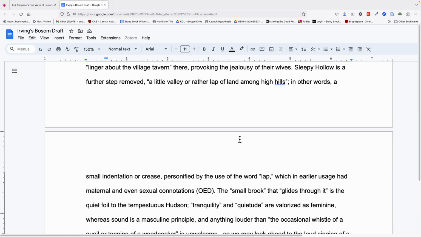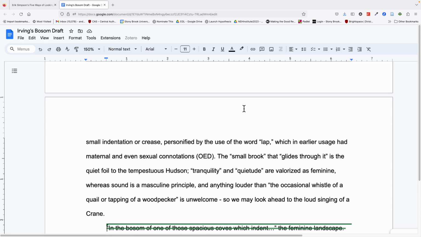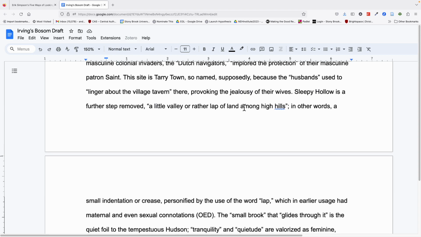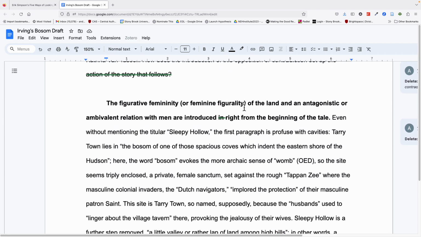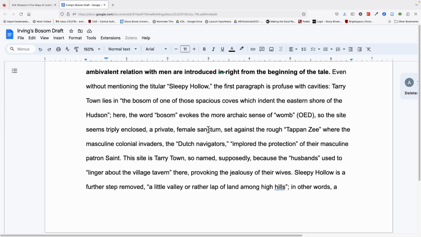But I'm not proving my point through providing evidence to prove my point. I'm developing a point through my analysis of evidence. "The figurative femininity or feminine figurality, that's just being dumb, of the land and an antagonistic ambivalent relation with men are introduced right from the beginning of the tale." Okay, so we've talked about it, and you can see how I'm going to parse that out in the analysis,